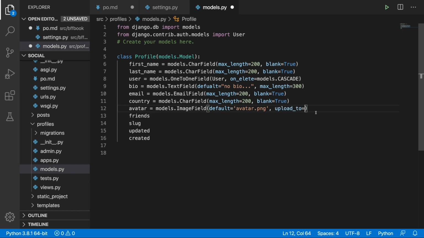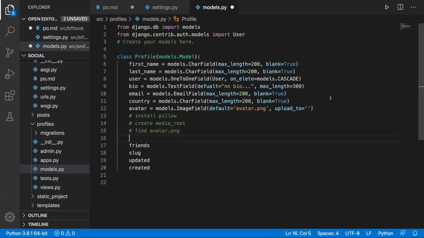Okay, so we will do it in just a second. We need to find this avatar PNG as well as install Pillow. So maybe below I can write down install Pillow, and then create media root, and inside the media root folder we will put in this avatar PNG. So find avatar PNG